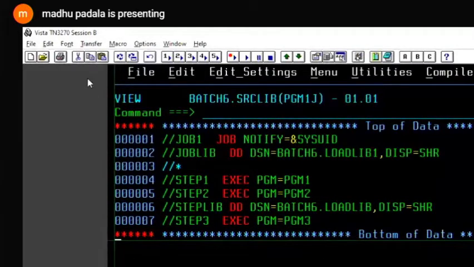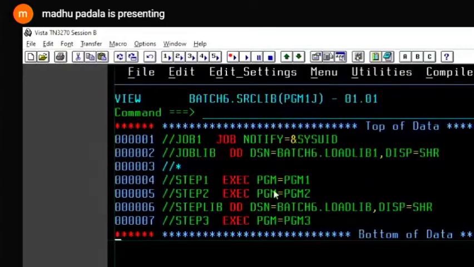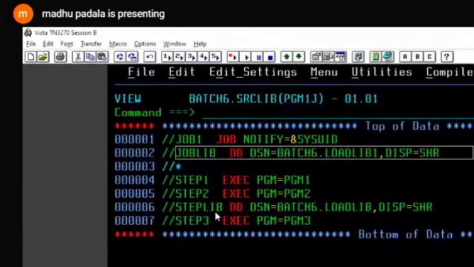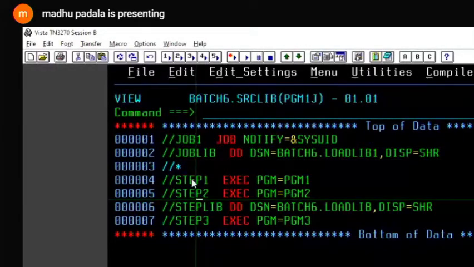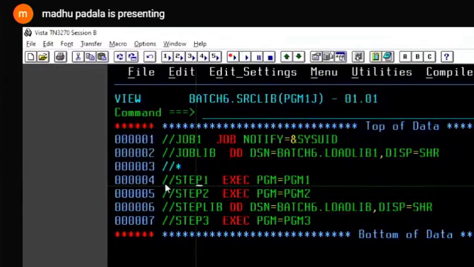So here there are 3 steps executed in the JCL: PGM1, PGM2, PGM3. And I coded a job lib and a step lib. The step lib is coded only for step 2, but not for step 1 and step 3. Correct? If the step lib is not coded, then the load module is picked from the job lib.